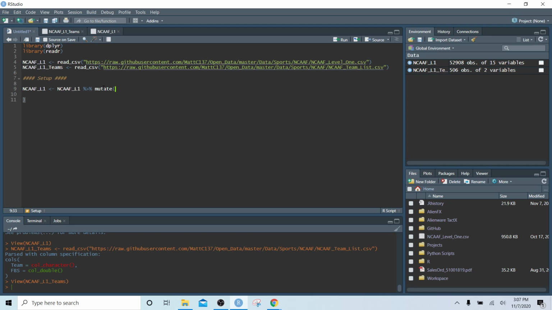And what the mutate function is doing is it's actually creating columns within our data set, and so we'll see how that's working in just a second. First, we need to come up with our ranking system, and we're going to use an ELO ranking system, which